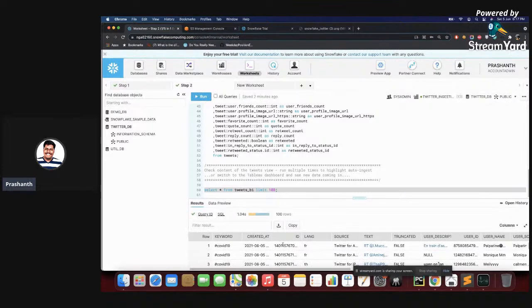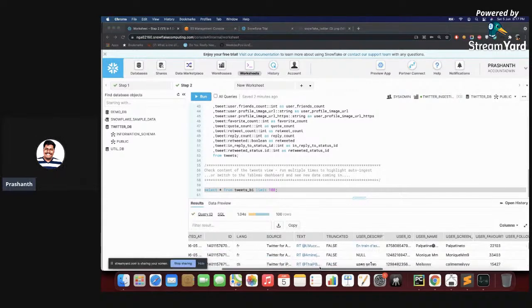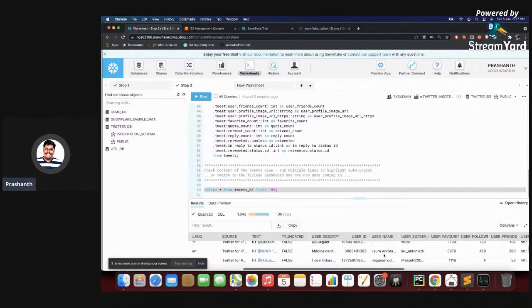Now the JSON data has been formatted into an organized, relational form, right? So you can run queries over it as well. You can do any queries or actions, it's more of a queryable data. So we have created a view now,